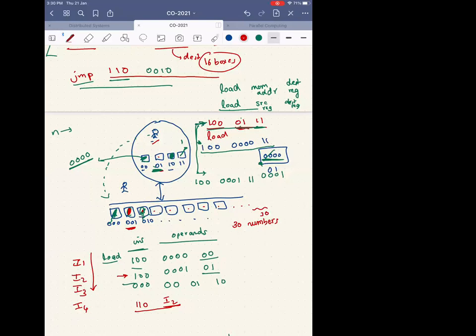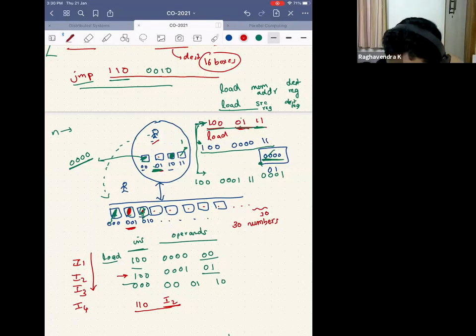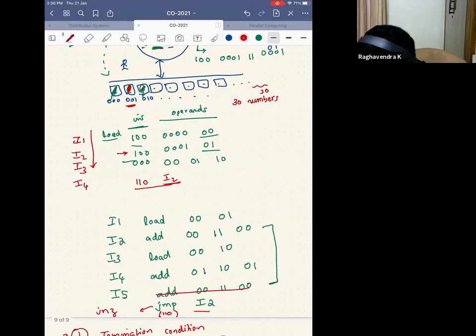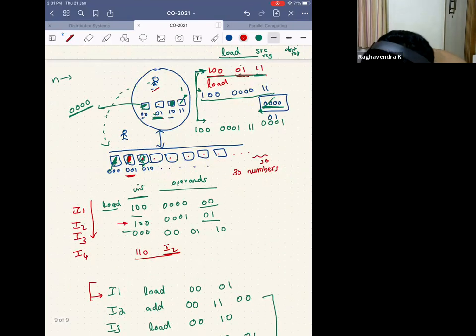For now, let's say I should have had more boxes here, but this is not the box that I want to add. Let's say I have never used 0, 1 after this particular case. Let's forget this I1 ever existed. Let's say the 0, 1 box is free. Just humor me and say that the 0, 1 box is free. And in the 0, 1 box, there is this value called 30.